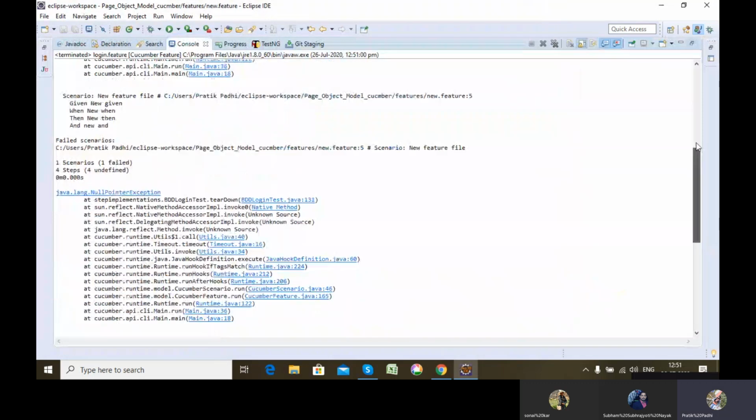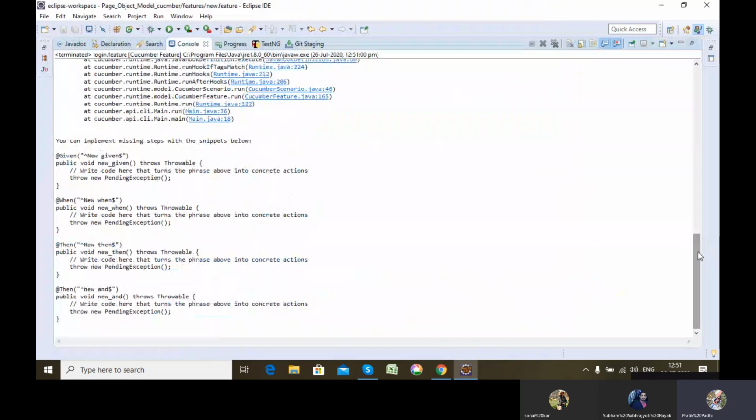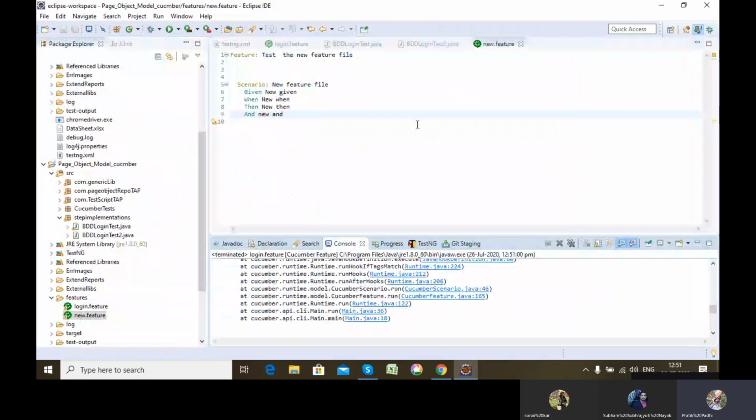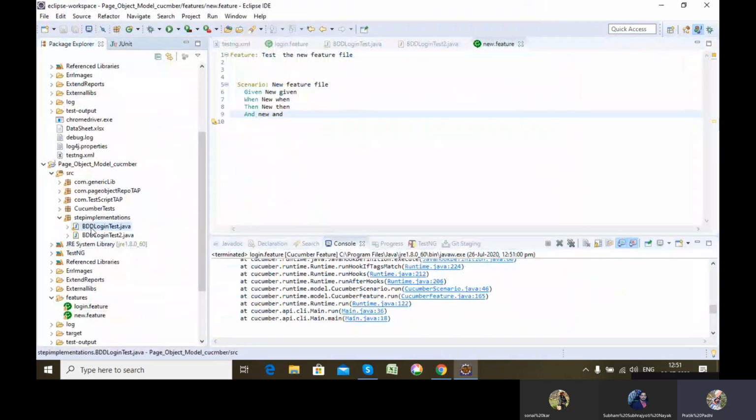For example, these three are my new given, when, then, for which I don't have any step definition in my step definition file.